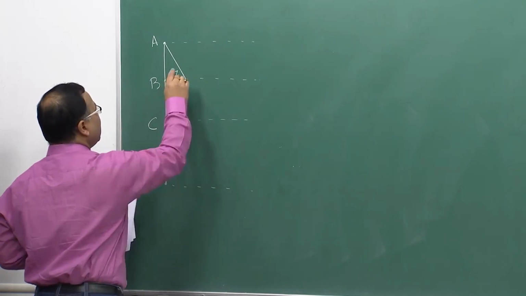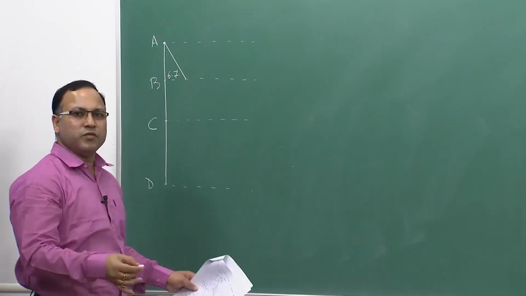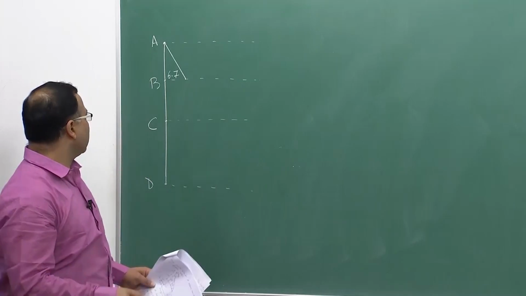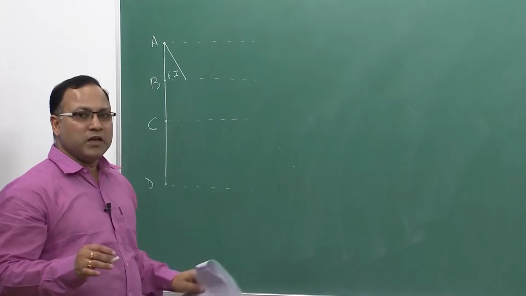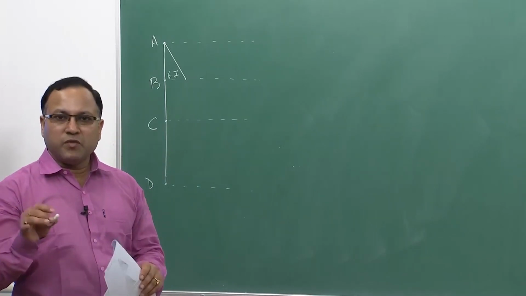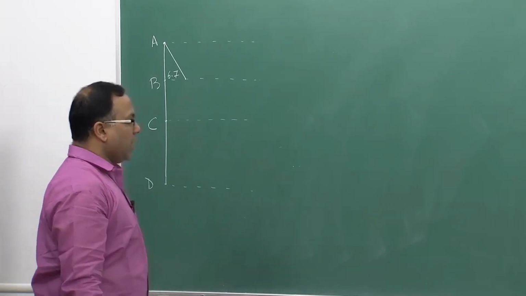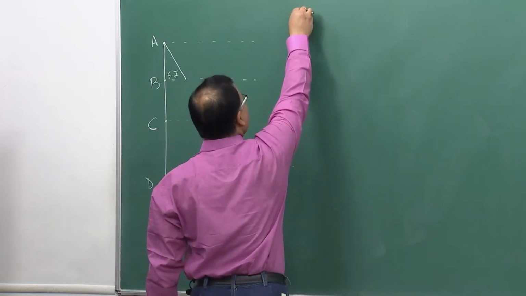I am not writing kilonewton per meter square everywhere, because the figure will be congested. So, I am writing only the numerical value. However, all numerical values will have the unit of kilonewton per meter square. Okay. Now, we are going to calculate